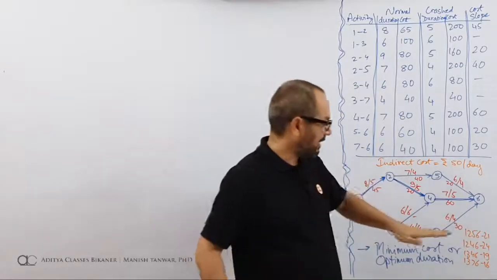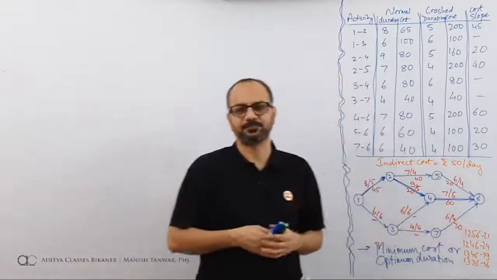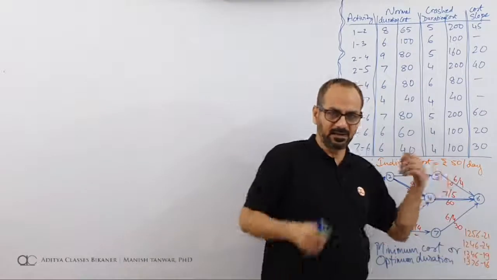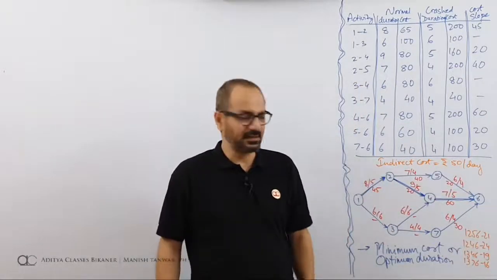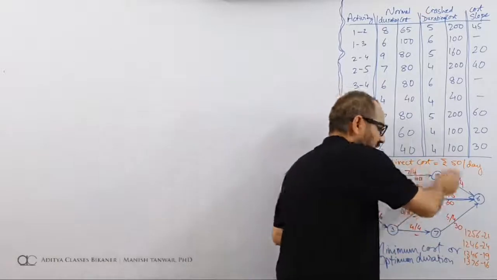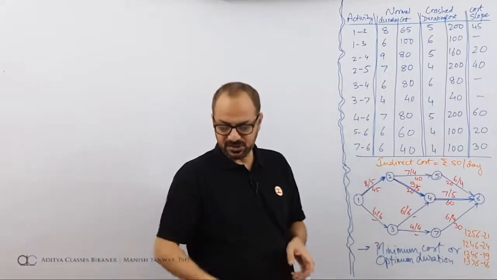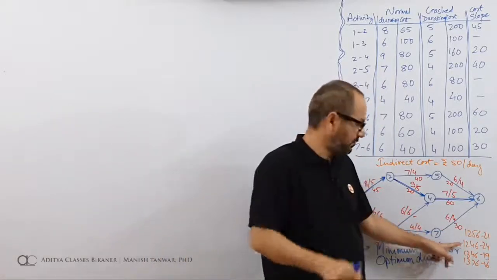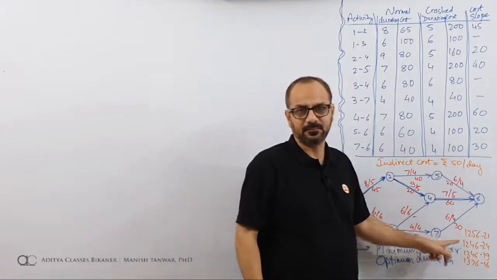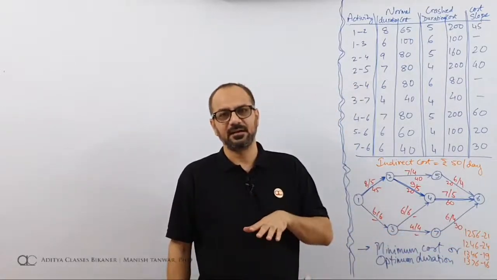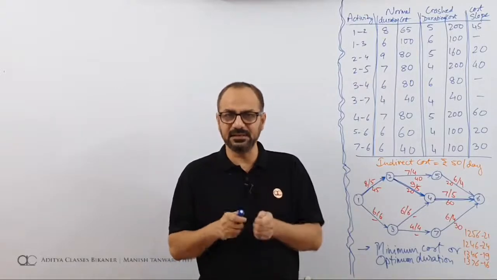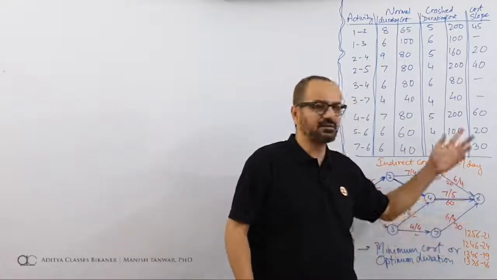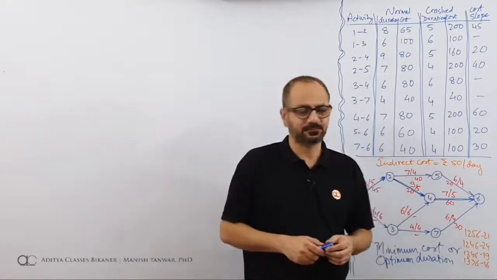So what I'll do is, I'll try to bring this 24 down to 21. Understand very carefully. Right now the critical is 1246, that is 24 days, longest duration. The next possible critical is 21, that is 1256. So this becomes my benchmark. Right now I'm at 24, I'll bring it down to the next critical, that is 21. In minimum cost duration, this is the idea. At each stage we stop, we check the critical path and we try to crush it to the next critical path. Right now we are at 24, I'll try to crush it to 21. That is the idea.